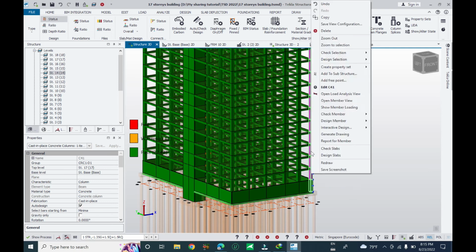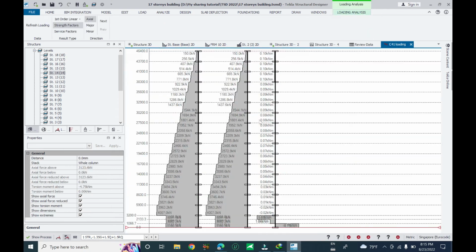Now come back, you can right click, or you can design and optimize automatically by using Tekla Structural Designer. You can use the option. You can open load analysis review to check the load. Now you can change to the first order analysis. You can change to the shear and axial force. You can refresh loading. Axial force can change to the